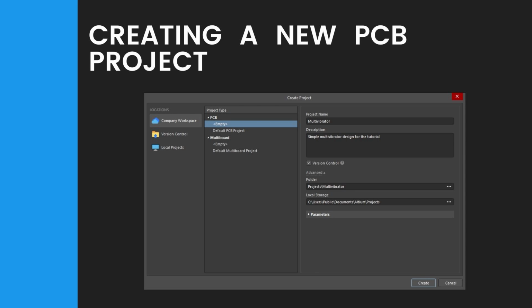The project file, for example, multivibrator.PrjPcb, is an ASCII file that lists the documents in the project as well as other project level settings, such as the required electrical rule checks, project preferences, and project outputs, such as print and CAM settings. A new project is created by running the File, New, Project command to open